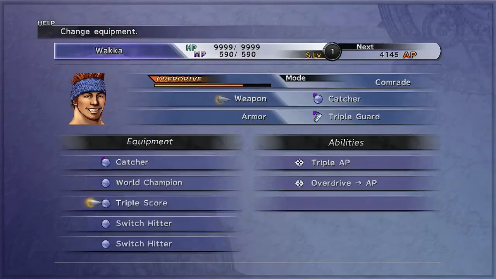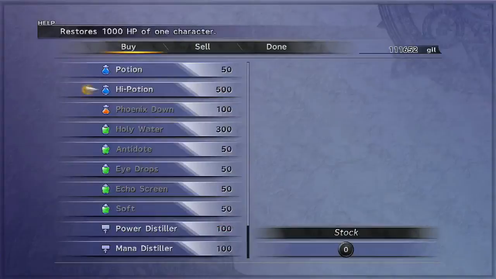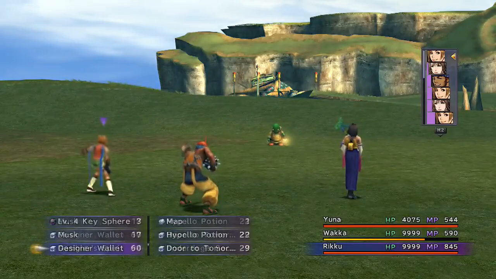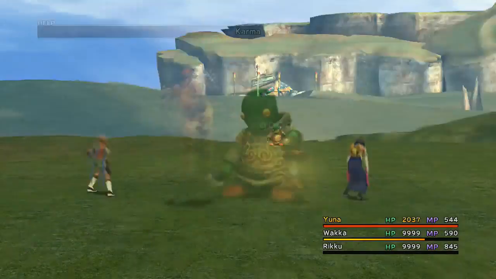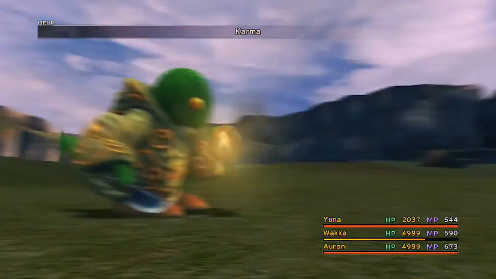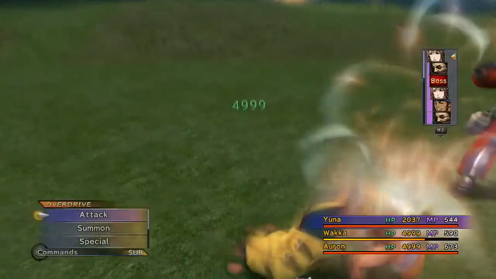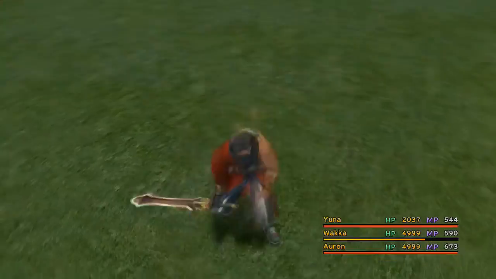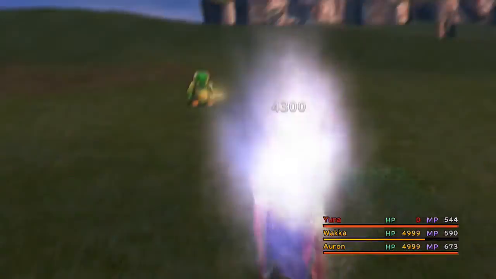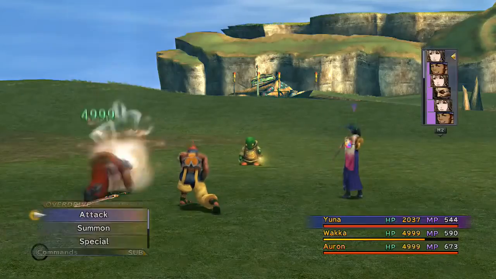But back to handling Jumbo Flan. So, how to put this? He's in constant reflect status. He's immune to physical attacks. And he has 1.3 million health. That makes it kind of hard to deal with. So how do we deal with it? Well,